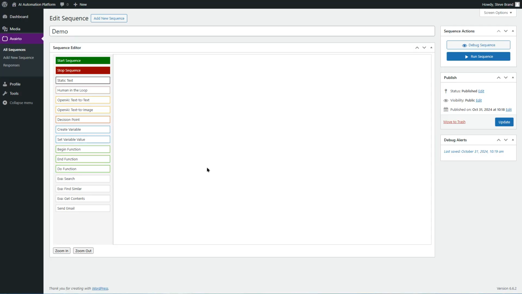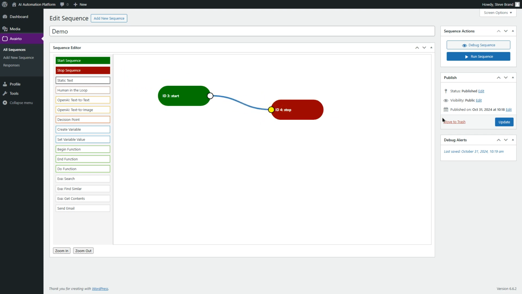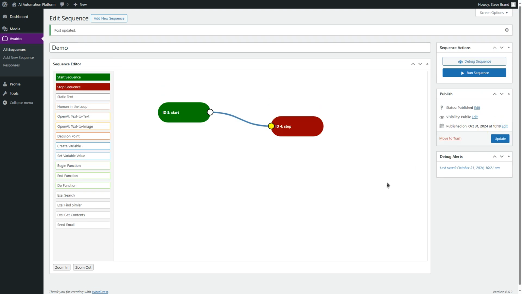So every automation must contain a main sequence, and a main sequence begins with a start and ends with a stop. So when I connect those and update, at this point I have a working automation that doesn't do anything, but it contains a main sequence because the start and stop is there. If I remove that connector